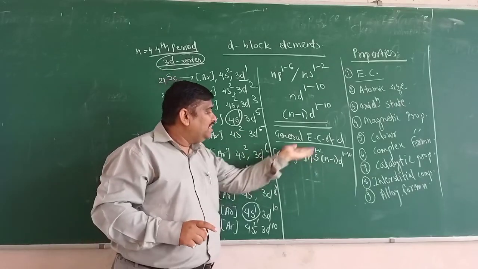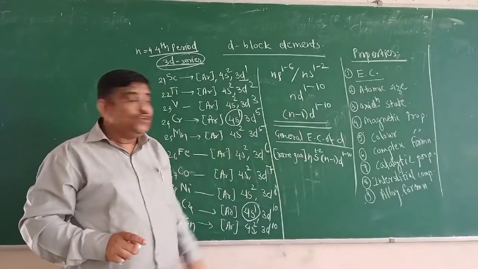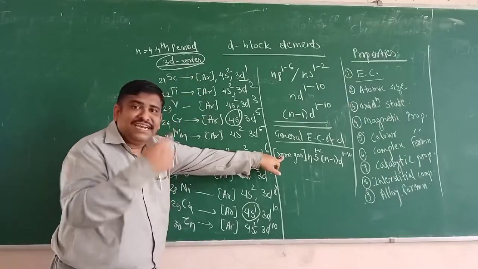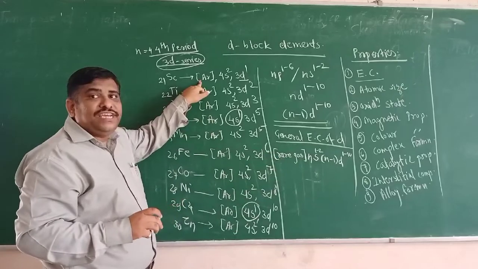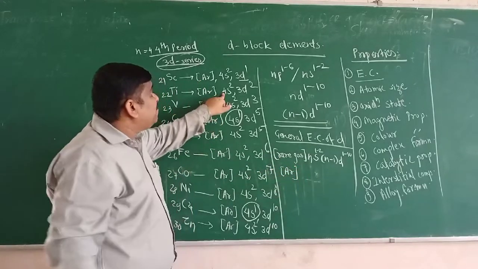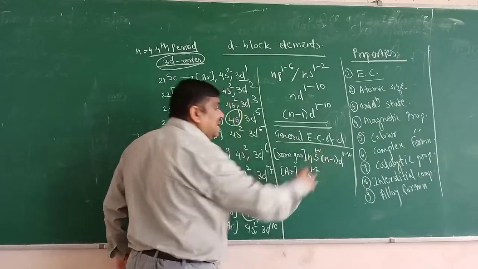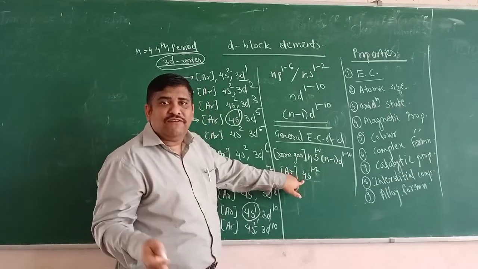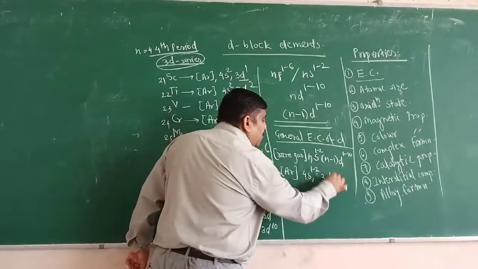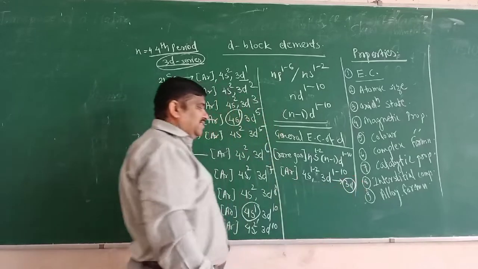So you only have to substitute the n value and the rare gas into the numbers. This is the 3d series. Which rare gas is used here? Argon. So you are going to write argon here. What is the n number for the 3d series? 4s 1 to 2. What is n minus 1? If n is 4, what would be n minus 1? 4 minus 1 is 3. So 3d 1 to 10. So this is the electronic configuration for 3d series elements.